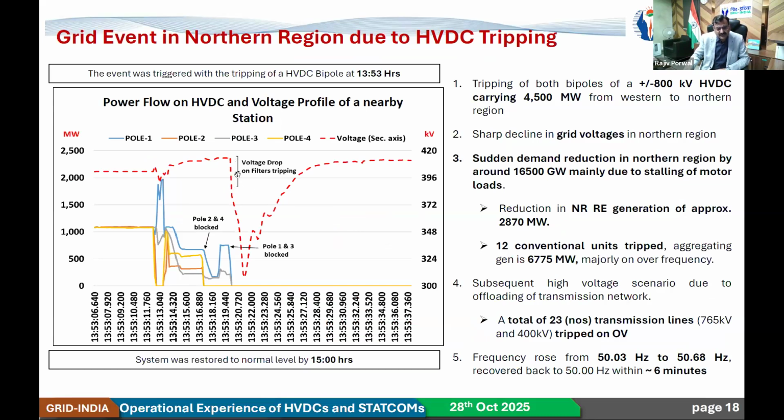But further to that, a significantly higher voltage drop took place. And this resulted in a lot of, say, single phase motors getting installed. And also the AC, this was a day in June in India, which is a highly summer season. In this summer season, a lot of air conditioners were on in this particular northern region.